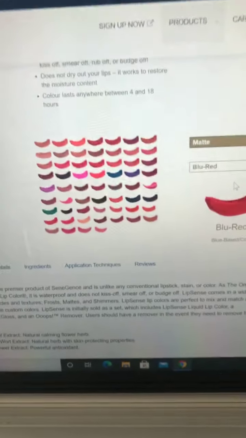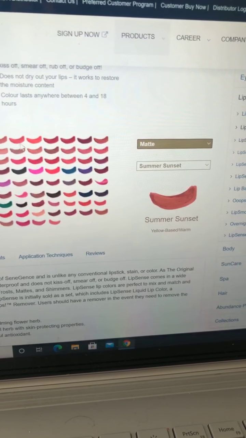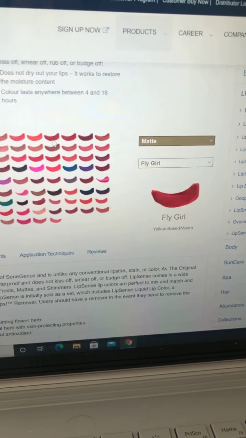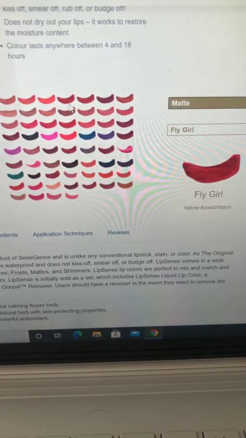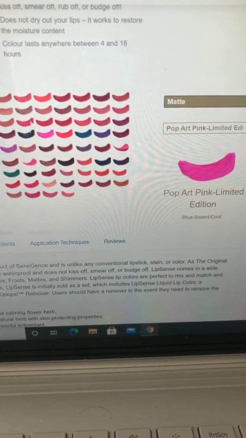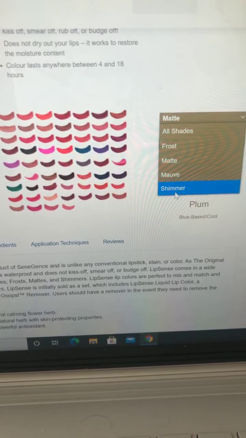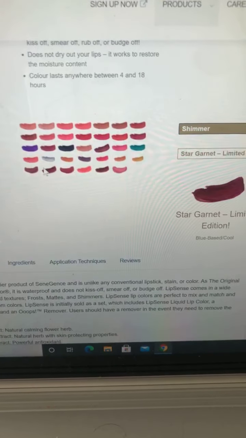So this will be another place where you can see all the matte colors. It will clearly say these are the matte shades and which are warm tone, which are cool tone, all those kinds of things. You can find it here. Similarly, if you are looking for any shimmer shades, you can pick.